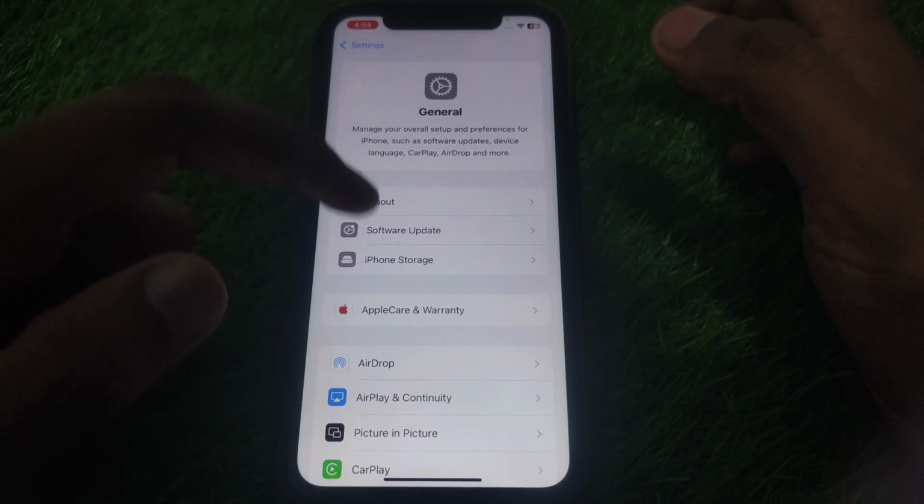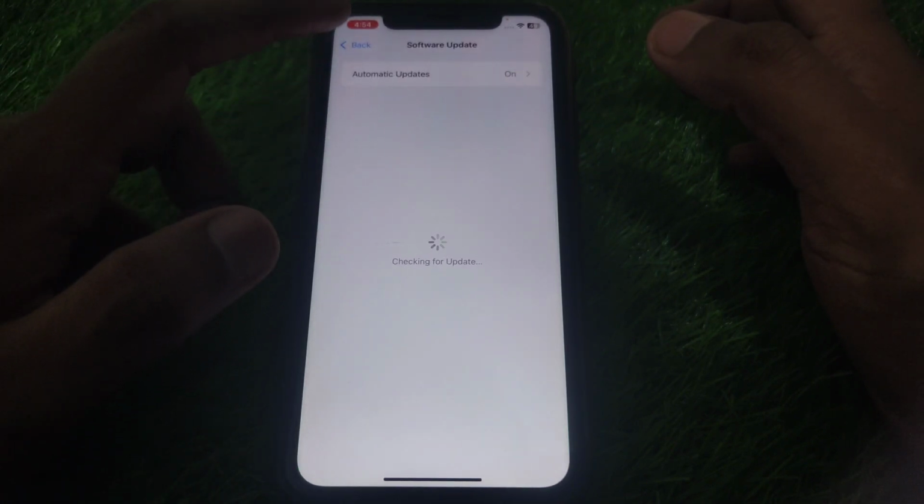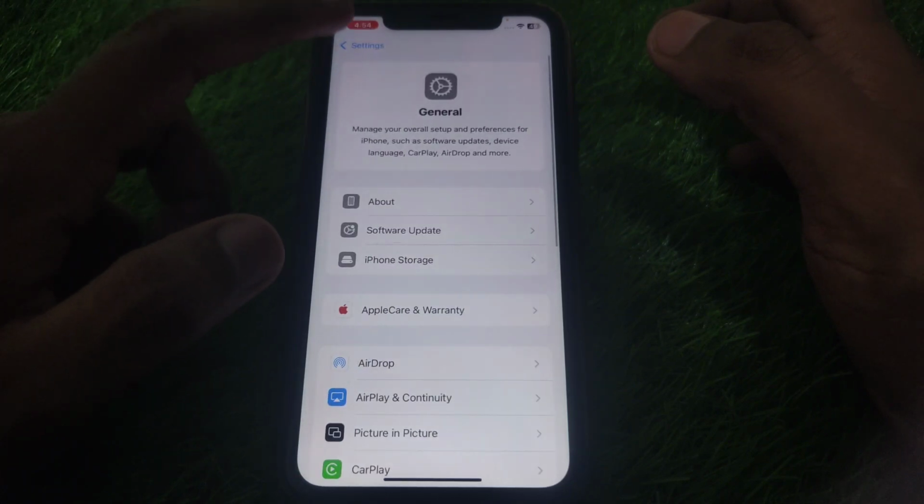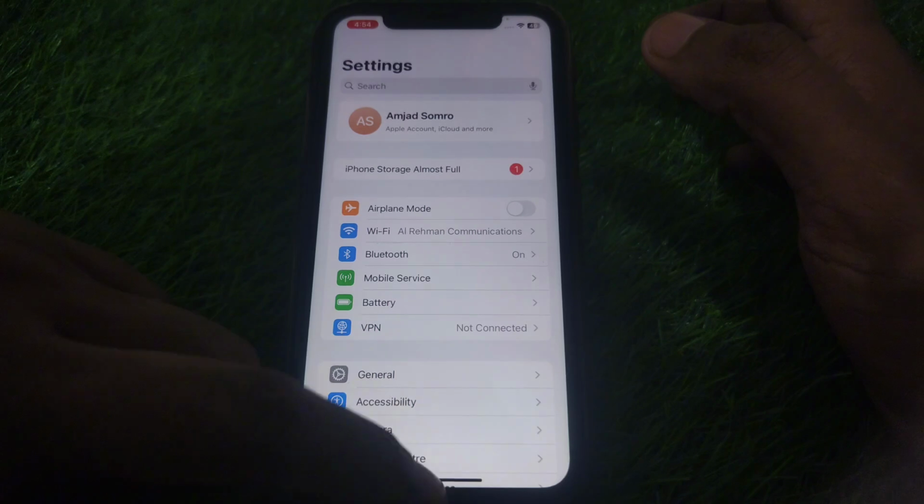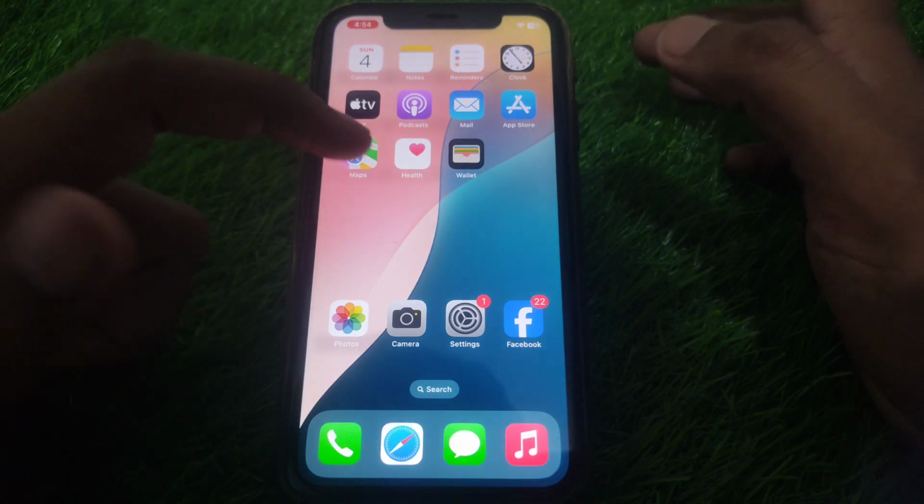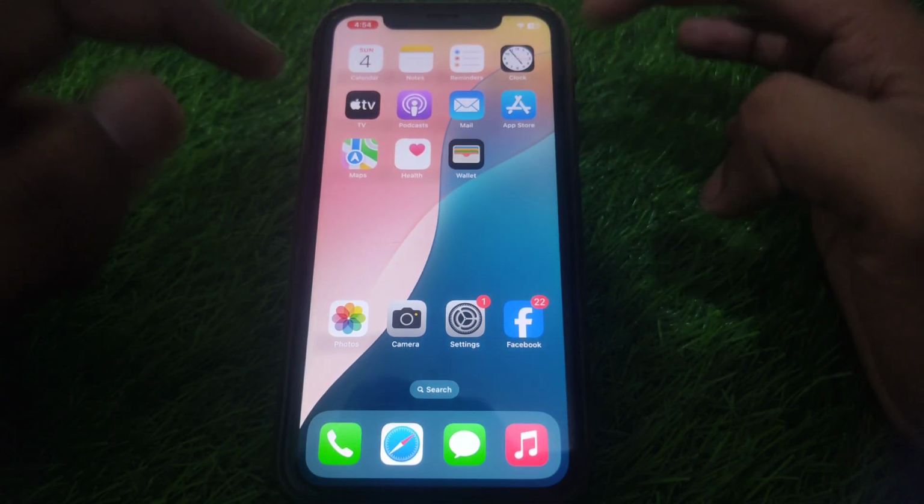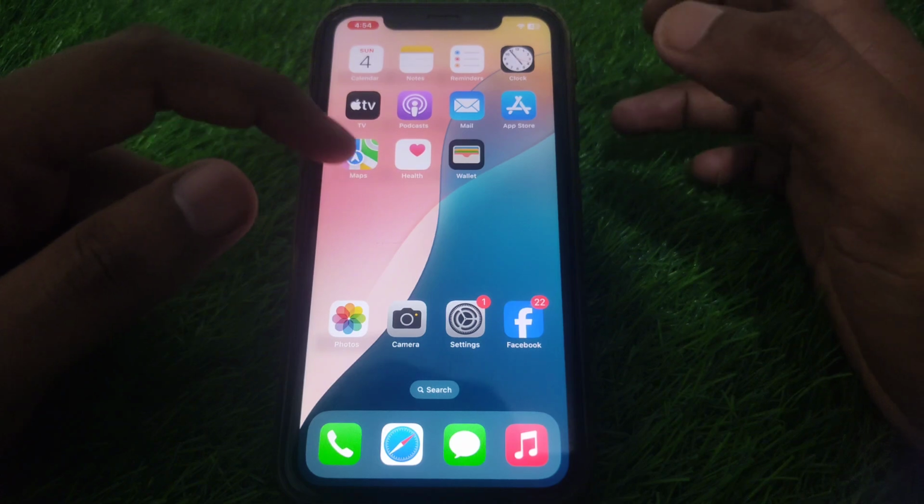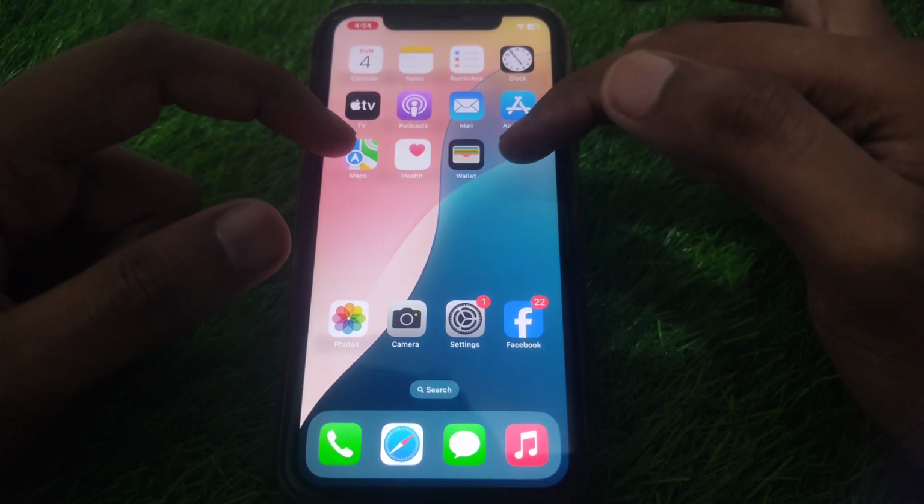And after that, you have to make sure that you have installed the latest iOS version on your iPhone. So here you have to simply go to general, and you have to click on software update, and you have to install the latest version which is showing on your iPhone, and make sure that it is iOS 18 or above. So after updating your iPhone to the latest iOS version, iOS 18, what you have to do is